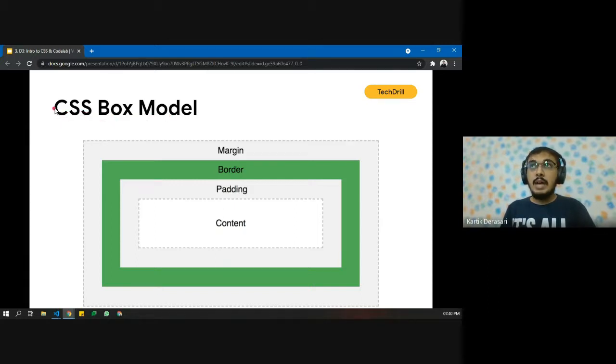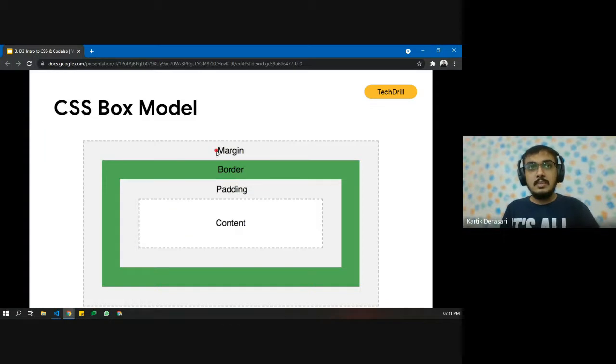So for example, let us consider here we have a CSS box model, and we have 40 pixels from the left and around 60 to 70 pixels from the top, and I exactly want it to be here. We can style all these kinds of web pages using margin and padding. Generally we know margins, right? It is what we use when we want to add spacing outside the border.